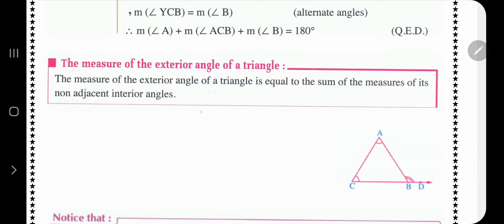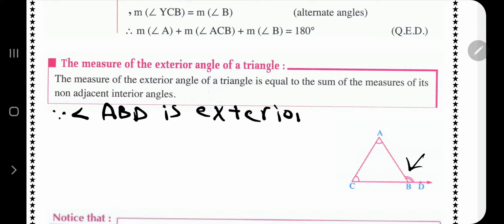What about the measure of the exterior angle of a triangle? This is the exterior angle. The measure of the exterior angle, since angle ABD is an exterior angle,